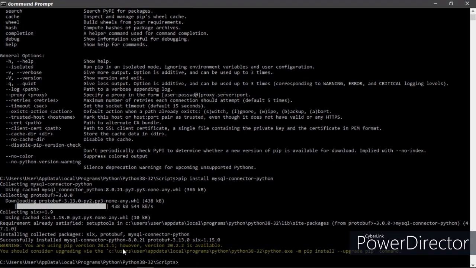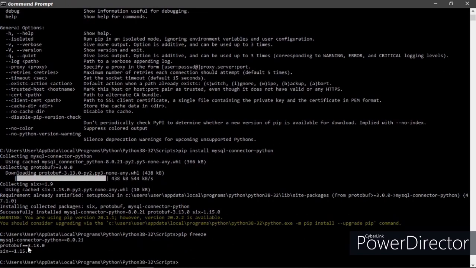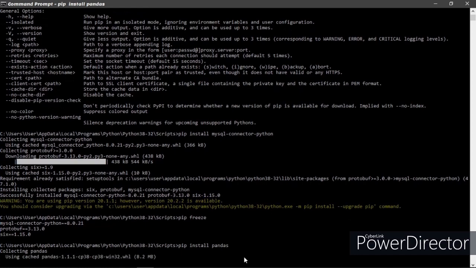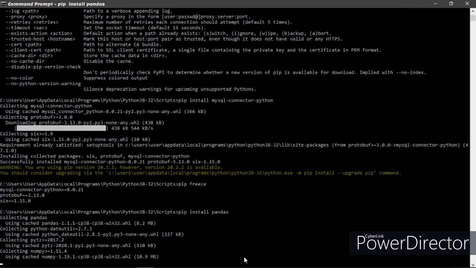Now I will say how to install Python modules also using this PIP. In CMD only we can install Python modules for Python IDLE. Now for that you type pip freeze. It will show what are the modules that are already installed in the system. Now type pip install the module name. I am typing pandas. It is also a module. So the set of Python modules are installing when we type pandas.